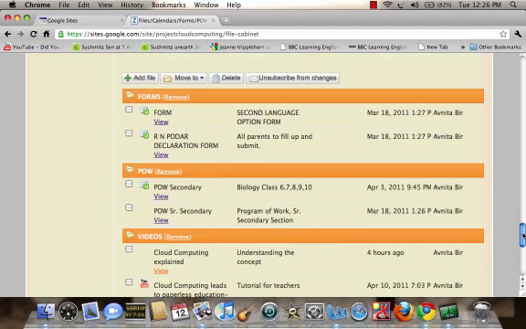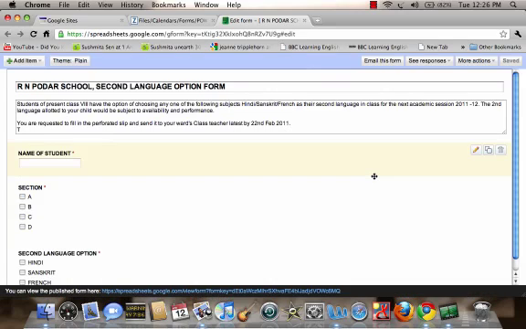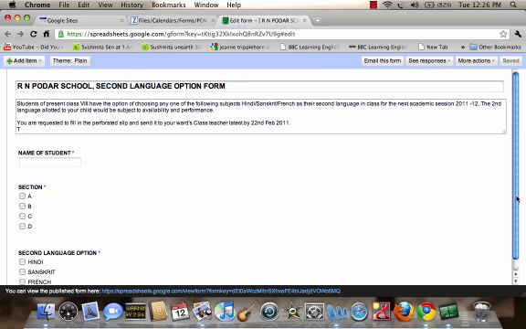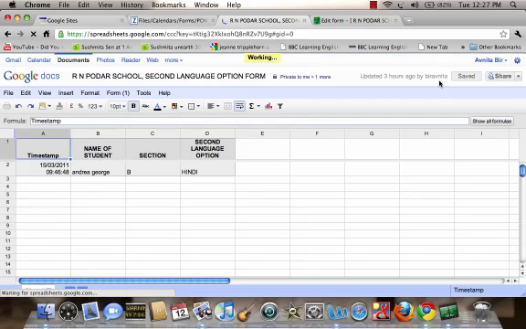The body of work also included files in the form of forms. Now, this is an example of a form which is used by our school, to get data responses from parents with regard to the choice of second language for grade 9 students. This form, once created on Google Docs homepage, can be emailed to the recipient, or to the parent in this case, and the parent can submit the form completely filled online. It would come to us in the form of a spreadsheet. So we could see the response in the form of a spreadsheet,